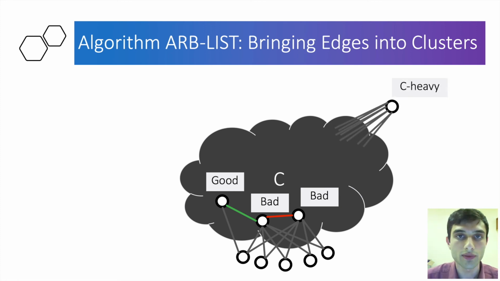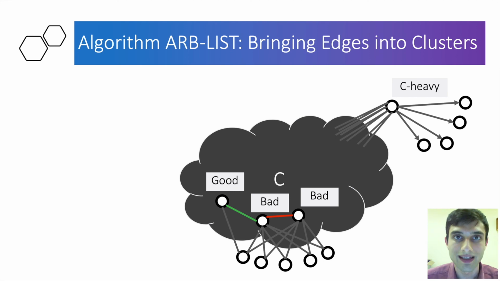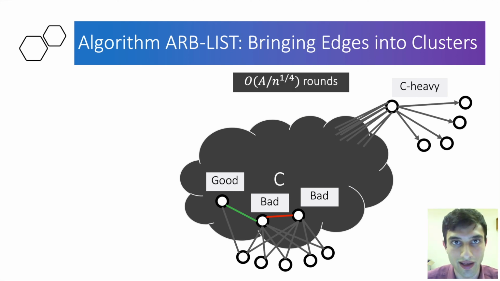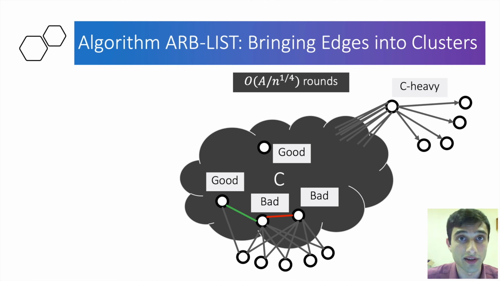Okay, so C heavy nodes just observe their neighborhood and send all the edges directed away from them to the nodes inside the cluster which they have. And this is done very quickly because they have lots of nodes inside the cluster. C light nodes won't be able to send in all the neighborhoods which surround them because it's too large. But practically, these neighborhoods don't really interest the cluster because lots of those edges can't form a KP with the